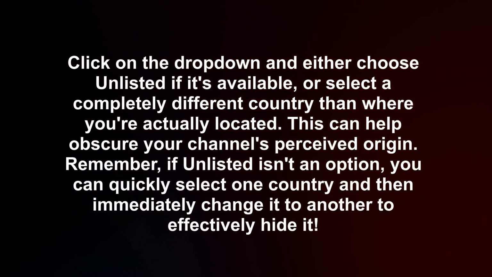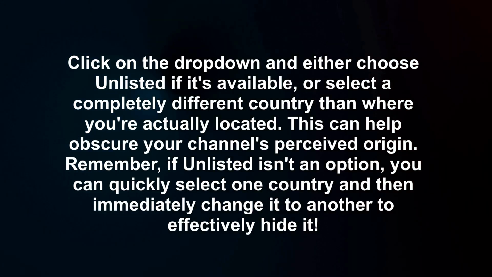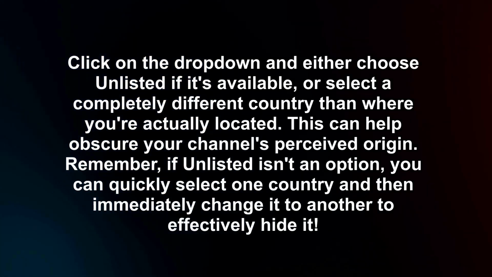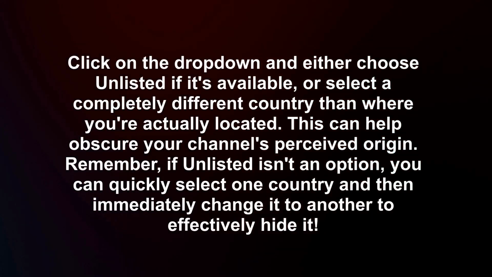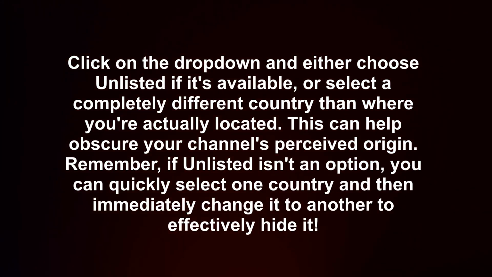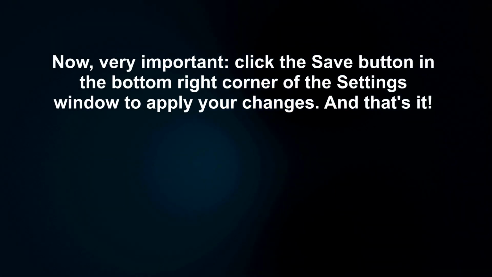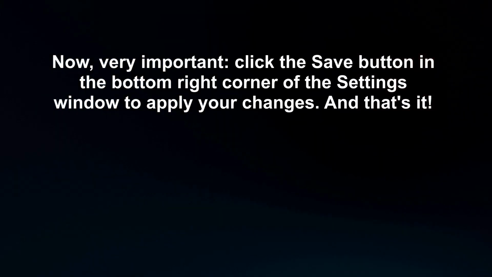Click on the drop-down and either choose Unlisted if it's available, or select a completely different country than where you're actually located. This can help obscure your channel's perceived origin. Remember, if Unlisted isn't an option, you can quickly select one country and then immediately change it to another to effectively hide it. Now, very important, click the Save button in the bottom right corner of the settings window to